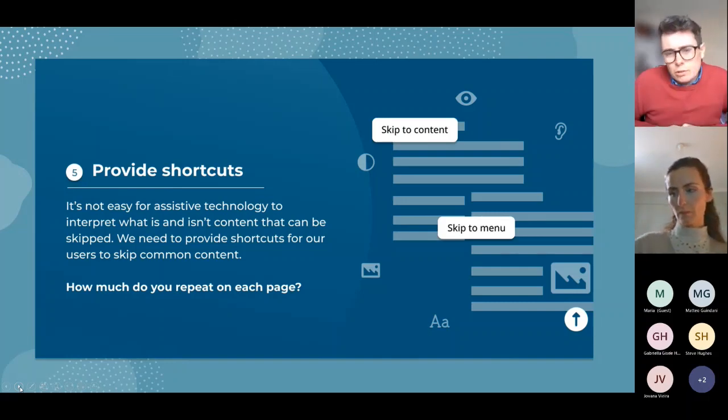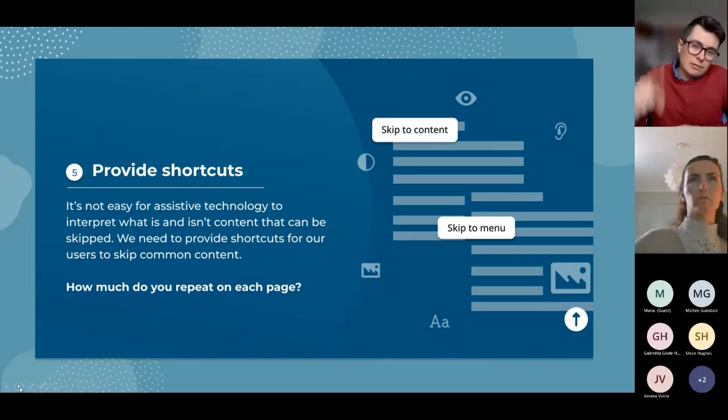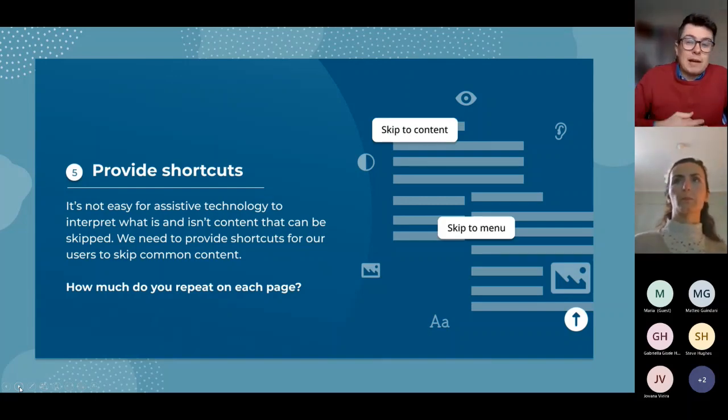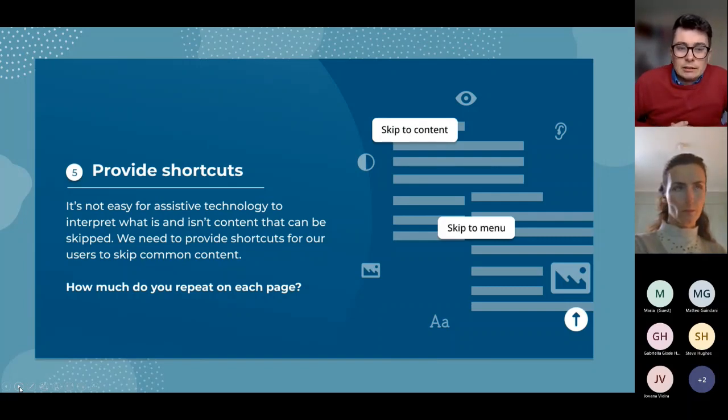So having a shortcut to the menu. Here's an example of a button or a CTA that you can tap, and then that will expand or focus the menu. So for repeatable content, give the user the option to skip over that stuff and go straight to the content. And you can do that through these actions and by having the semantic markup from the previous tip.